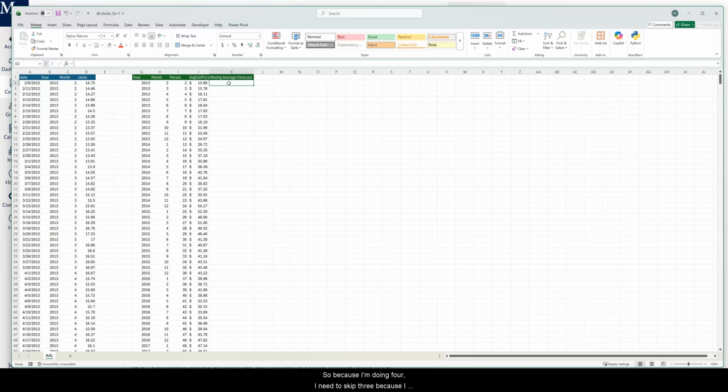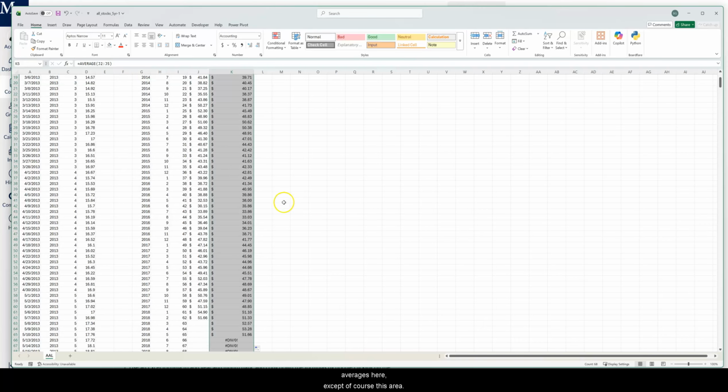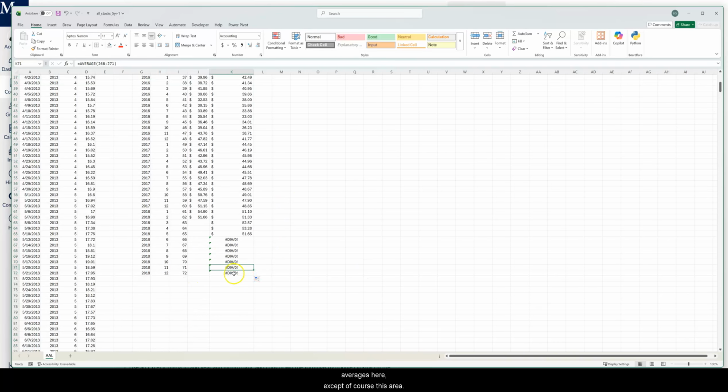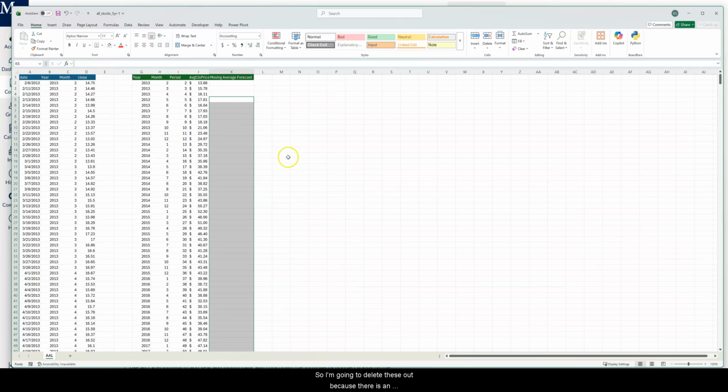So because I'm doing 4, I need to skip 3 because I don't have 4 things to average. So if I start in the 4th one, I can use the average function here, and I can take an average of the last 4. This can be copied down, and you have all of your averages here, except of course this area. But I'm going to show you another way. So I'm going to delete these out because there is an easier way to do this, and that's using the